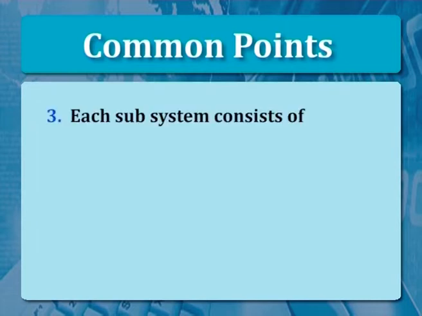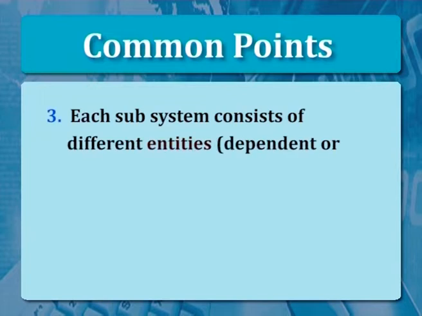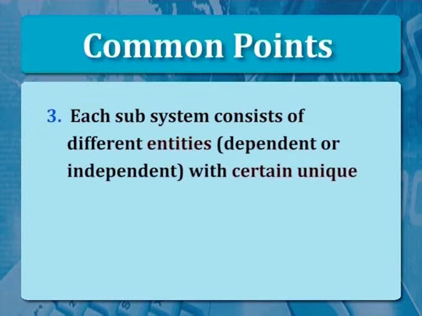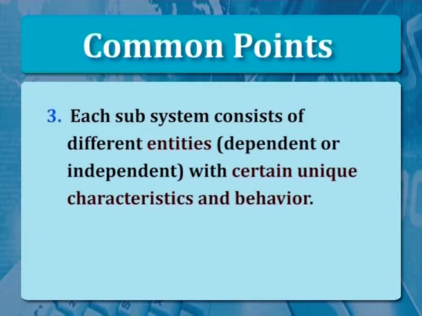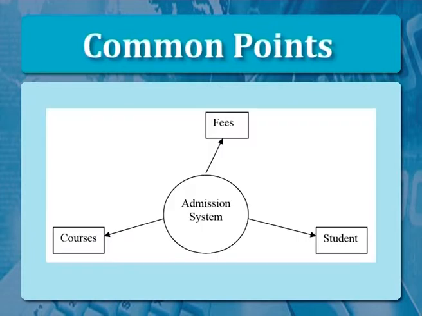Third, each subsystem consists of different entities that are dependent or independent, with certain unique characteristics and behavior. For example, in the admission system, we can have different entities like student, courses, admission fee, etc. These can be defined in a single class or different classes. Their behavior is determined by operations that can be performed on them, like registration of a student in a particular course, admission